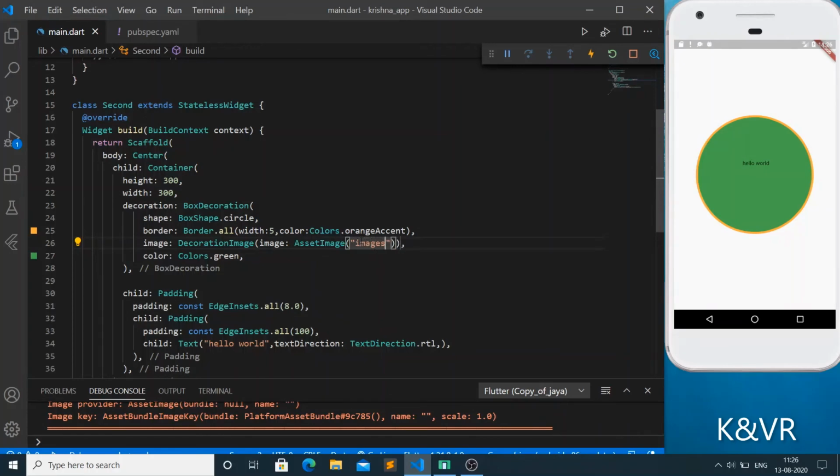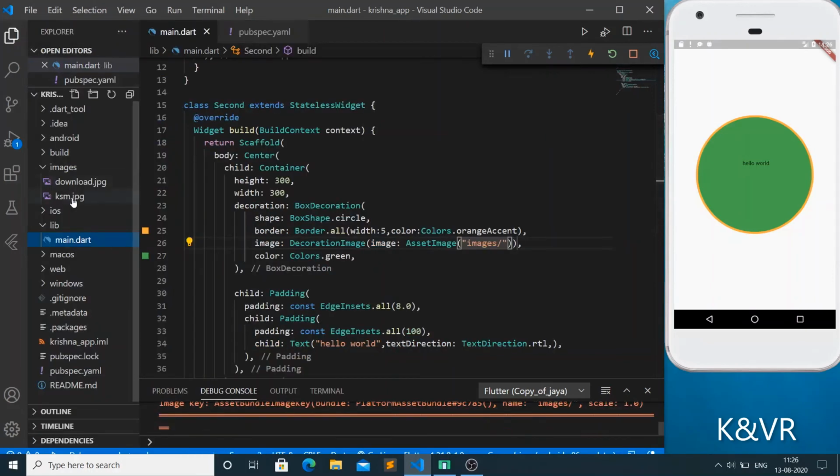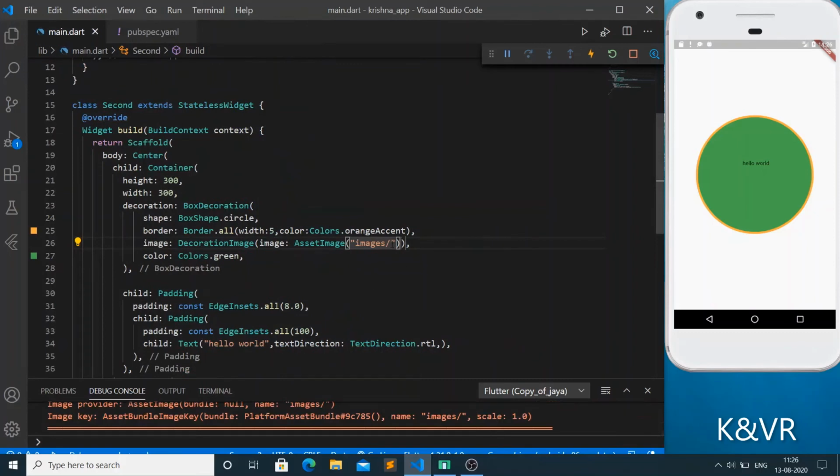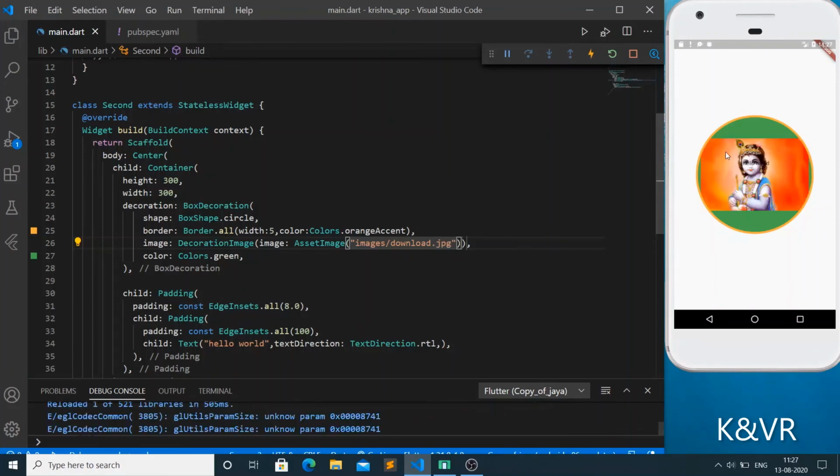We already imported some files, download and JPG images, and now we want to import those files. Download dot jpg. See here, this photo has come now.